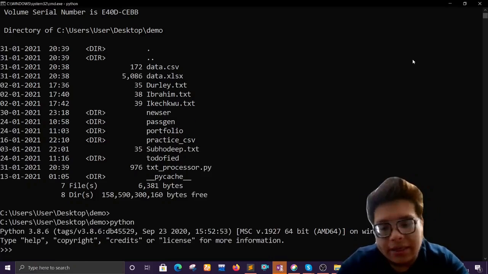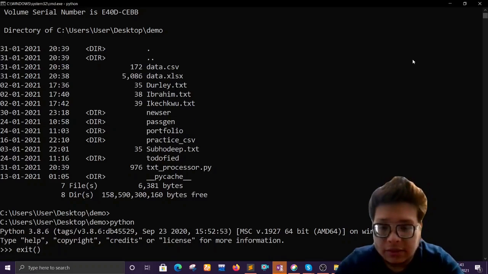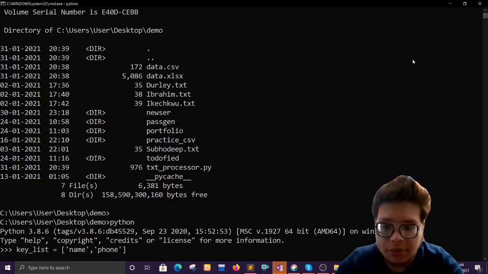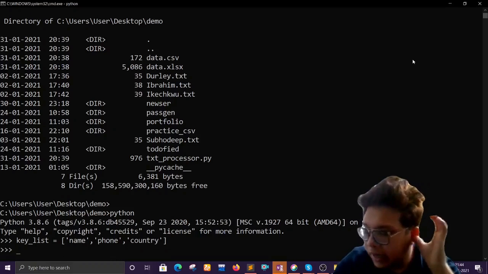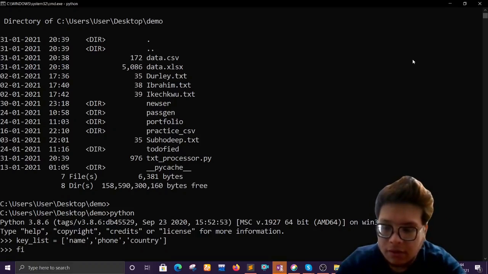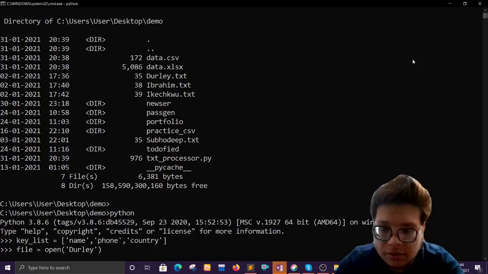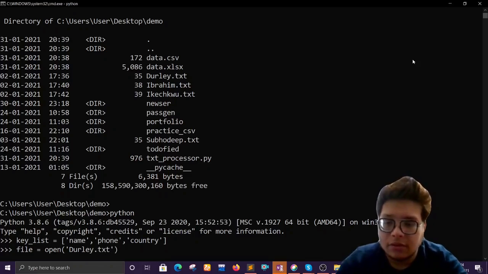So now, what is the key list here? Let's make the key list. Key list equals to, so what's the first column? Name of the person, right? What's the next column? Phone number of the person. What's the final column? Country of the person. We have our key list, right? And now what we will do is file equals to open, and we will open, let's say, dirle.txt, right? So once we open this one,